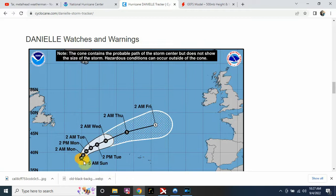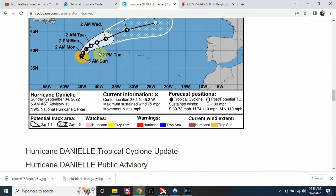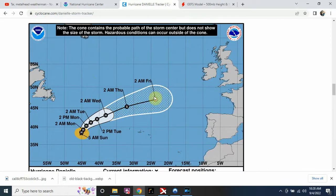Alright, so now we're going to look at the official track from NOAA here, and this basically just goes from Sunday to Friday. This maintains hurricane strength up until about Wednesday morning, and then somewhere between Wednesday and Thursday morning local time, I think this is when we start to lose a lot of strength here. Then by Friday, this is becoming a post-tropical system by 2 a.m. Friday Atlantic Standard Time. So no watches or warnings to talk about here, simply due to the fact that we're still so far out